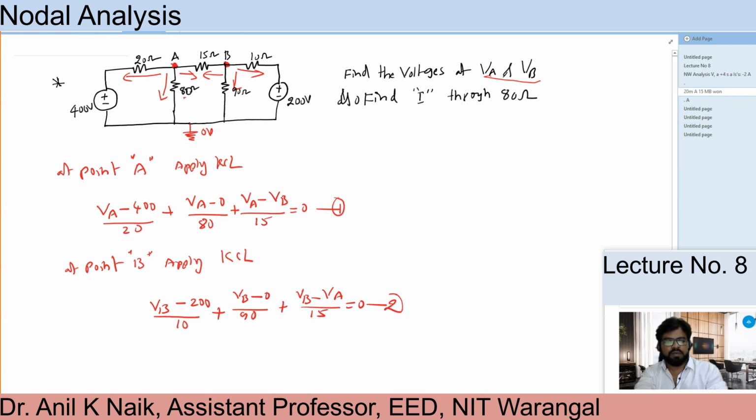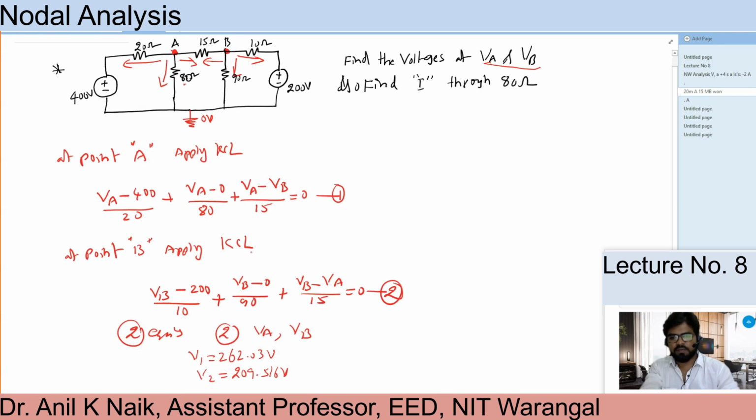These are the two equations. So two equations, two unknowns. You have the two equations and the two unknown parameters, that is VA and VB, isn't it? If you solve these two equations,